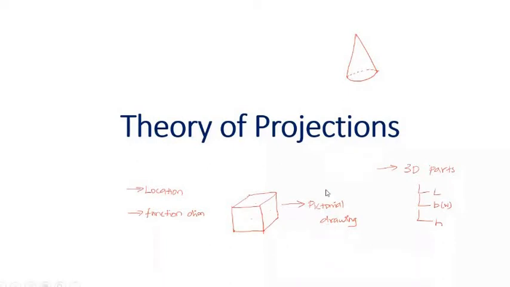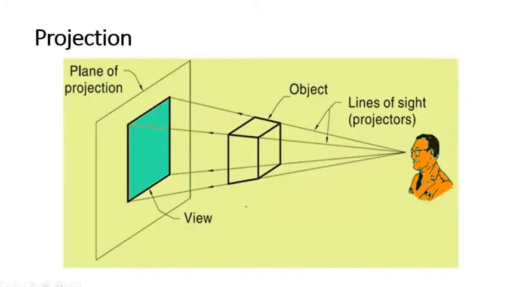But the problem with the pictorial drawing is that it is hard to provide the necessary information, that is the location and functional dimensions. So in order to make it convenient to describe all the technical terms, they started to do projections. From the pictorial drawing, projections were started. For instance, in the next slide, look at this. For a moment, assume that instead of a person here, there is a light source, something like this.